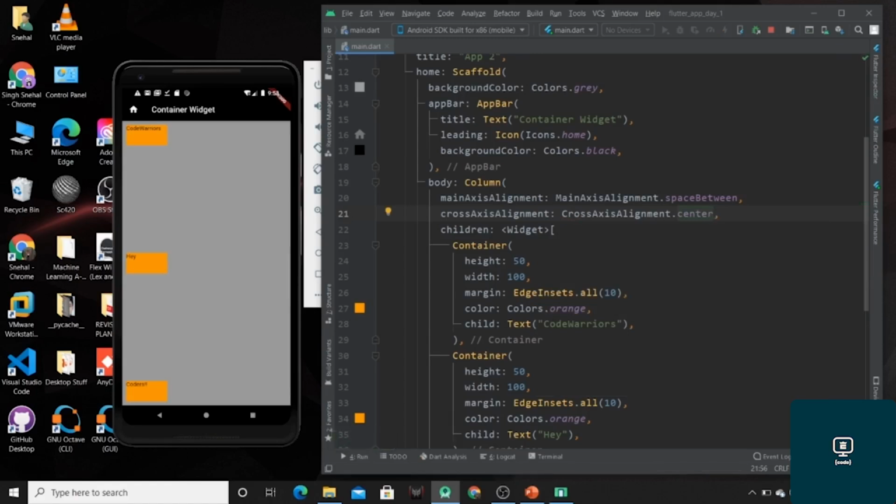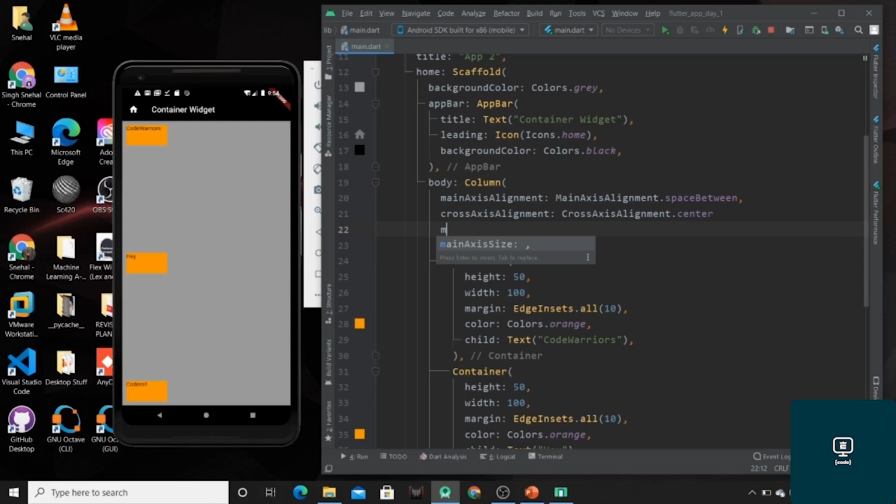So I have just specified the cross axis alignment, that is horizontal position, at center. Now I can also use some different properties, or I can also change the layout or size of our widget.